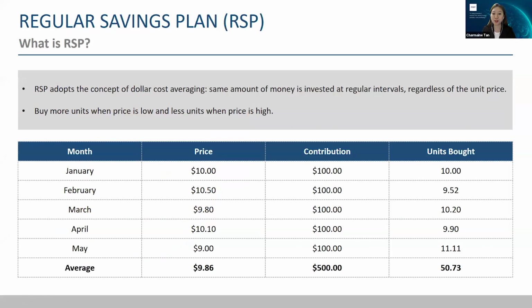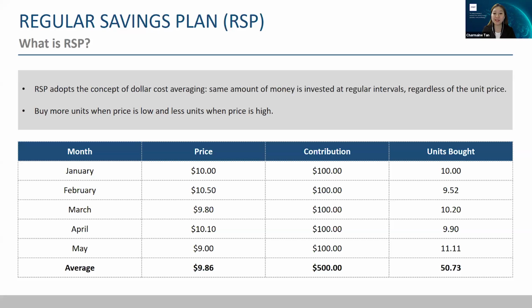Moving on, RSP adopts the concept of dollar cost averaging. If you're unfamiliar with this, don't worry, I will go through that with you. Dollar cost averaging means that you are investing a fixed amount of money into a particular investment regardless of the unit price and at regular intervals. This also implies that you will buy more units when the price is low and fewer units when the